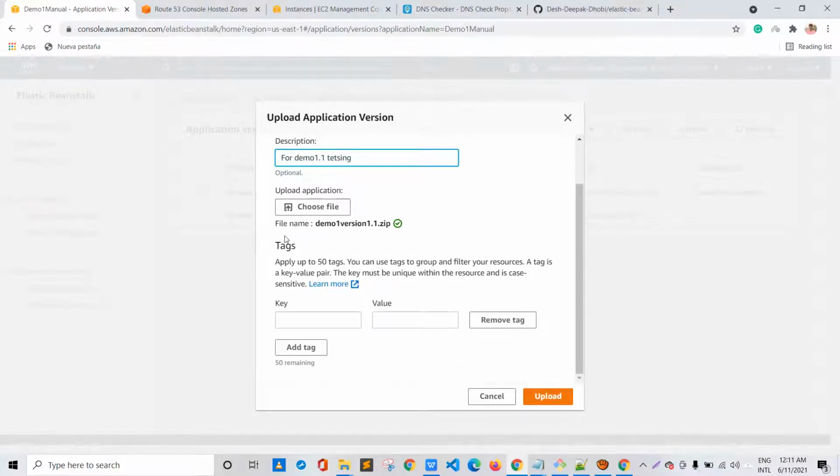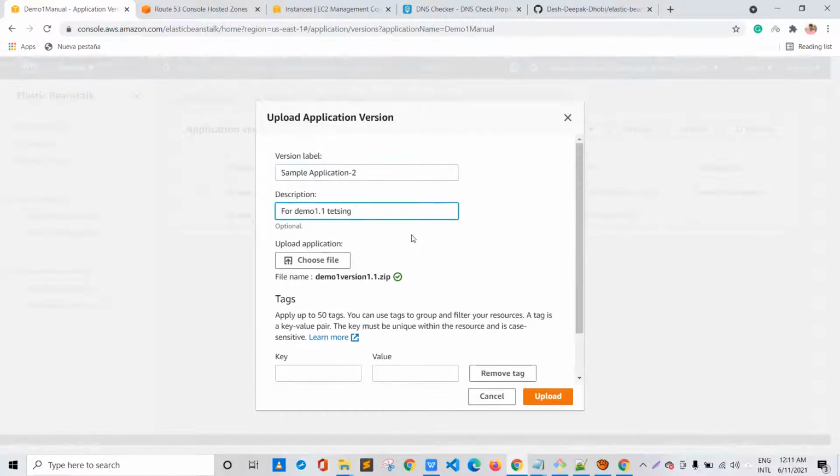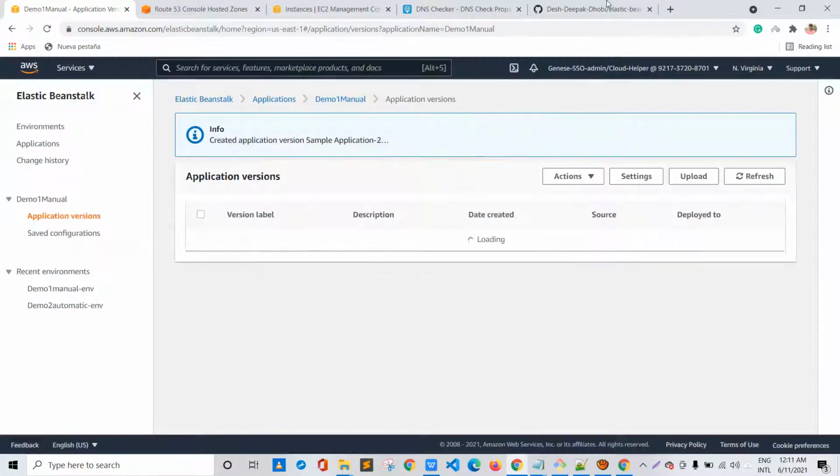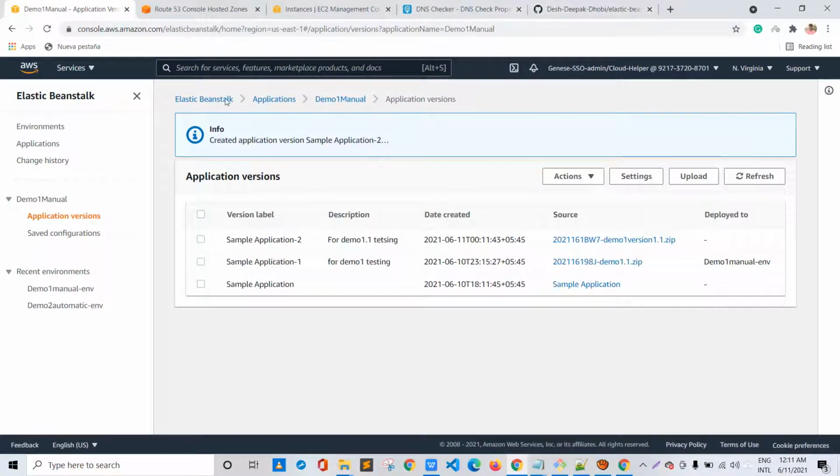You guys can keep the tags also as per your requirement, but I'll be leaving them as default, and click on upload. Yes, it says created application version sample application 2. This simply means that our sample code that we have changed has been uploaded.